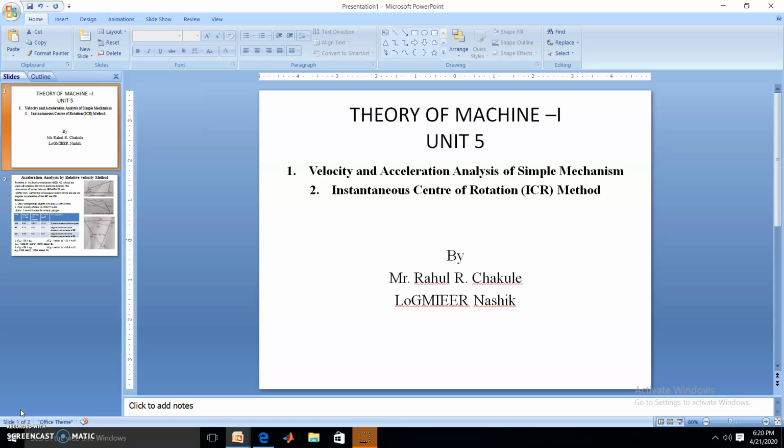In previous two problems, 4 bar mechanism and IC engine mechanism, we have discussed how to make the velocity polygon only by using the relative velocity method. Now we are taking the problem of 4 bar mechanism where we are applying the complete relative velocity and acceleration method. So, how to solve such problem? Let us see the problem of 4 bar mechanism.